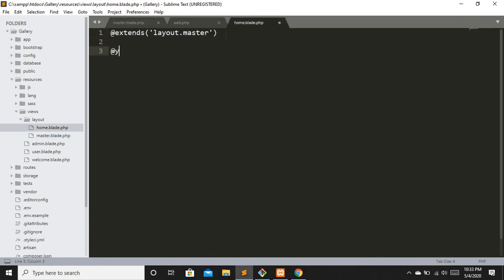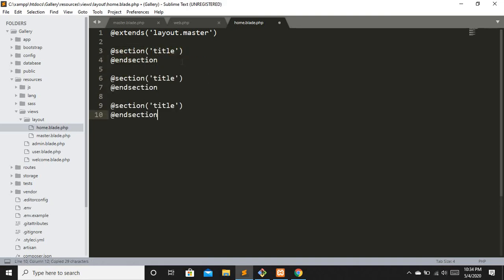Now let's create the sections that we created in the master layout. Let's say title and @endsection. We can also use @section('top'). I will just copy it, and this one is for styles, this one is for content, and this one is for scripts. Let's edit them.